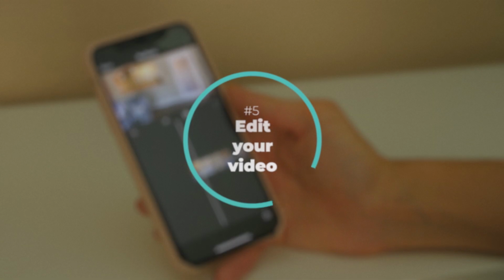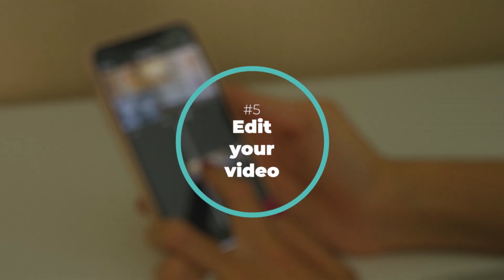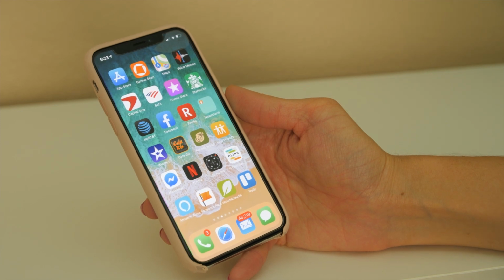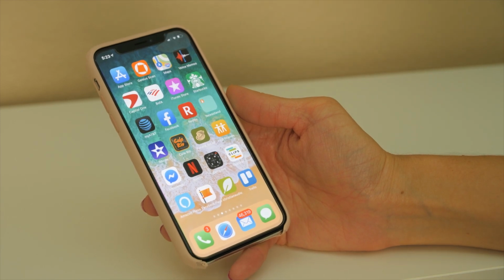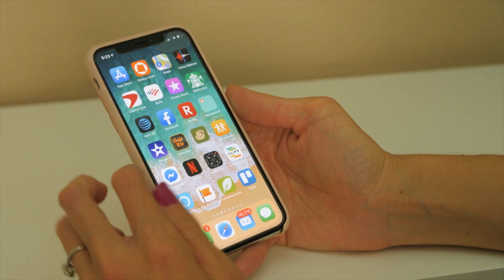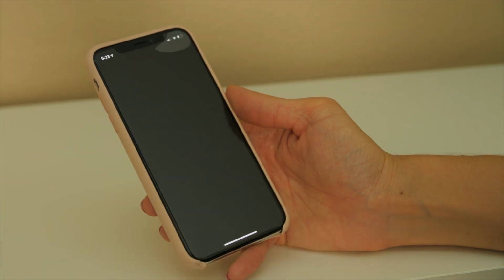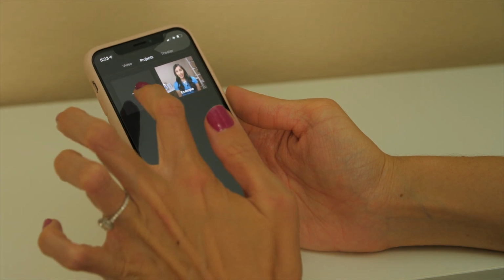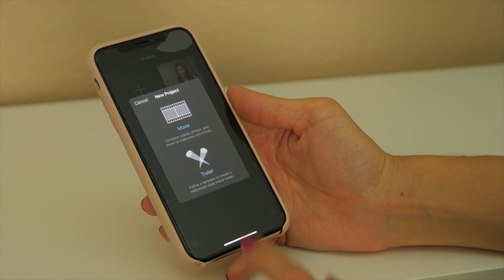All right, now that we have the shots, we are ready to edit this. So banner videos are really simple to make because you don't have to worry about audio since there isn't gonna be any audio. Alrighty, so if you have an iPhone, go ahead, you can just use iMovie. If you have like an Android or something, there are tons of apps and they all work in a really similar way. So I'm just gonna click on iMovie and then click the plus sign for a new project and